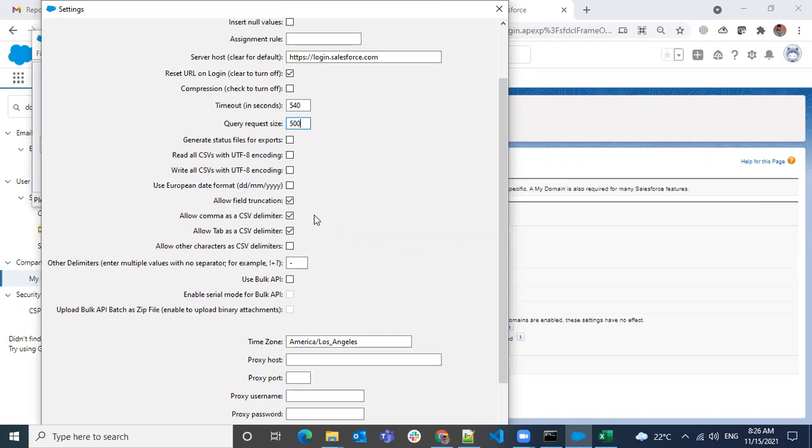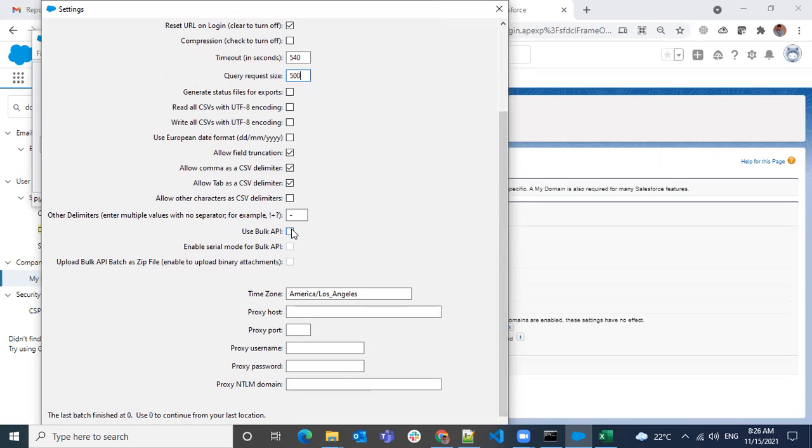If you are not loading any data, then the remaining fields are also treated as blank fields. And you can use any custom delimiters you have. Usually a CSV file is comma separated, right? Once you have a comma, then it will be a new cell. If you want to use a tab as a delimiter, or any other character, you have to mention those characters here. So I'm not using any of those.